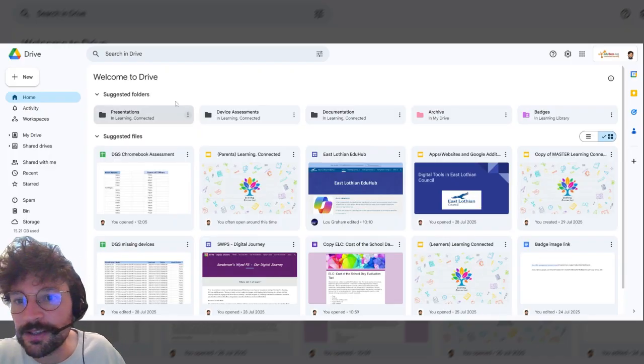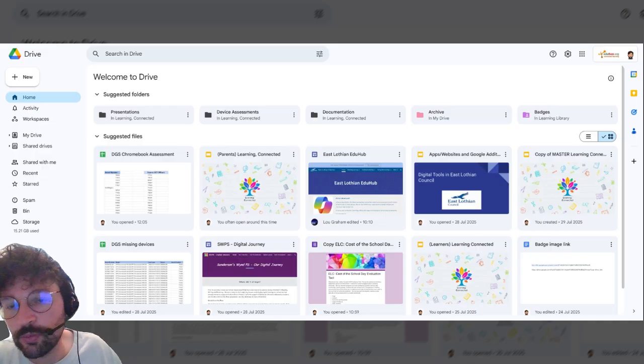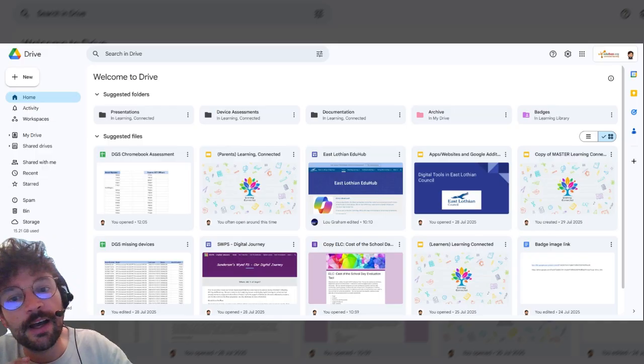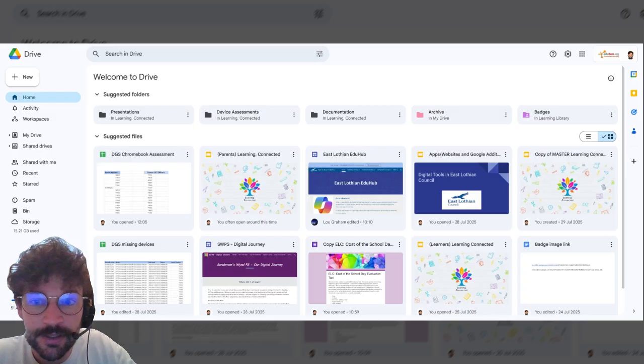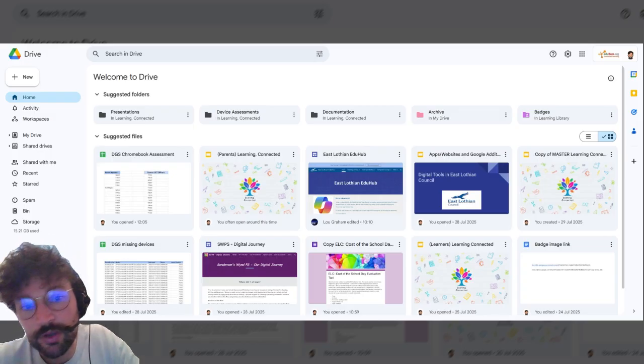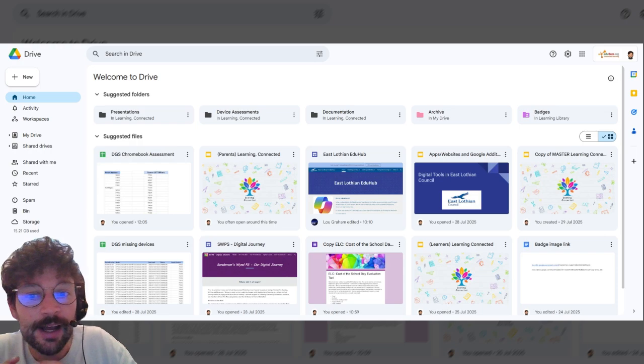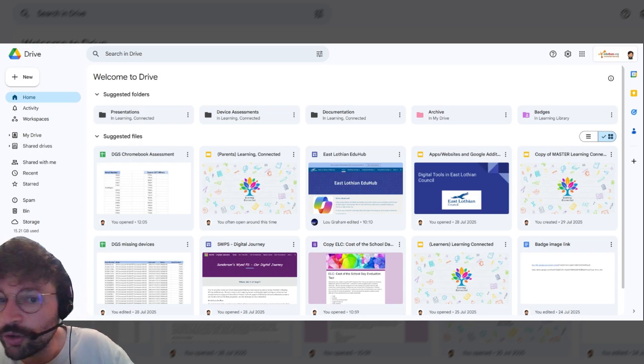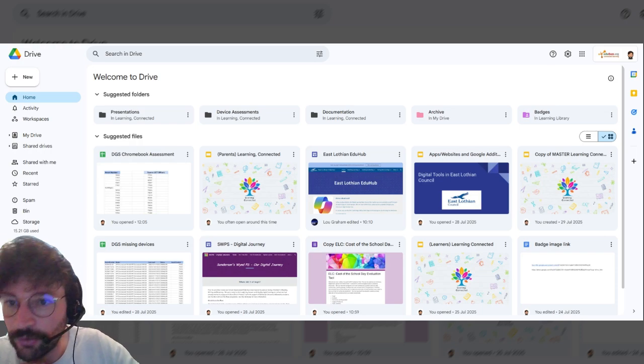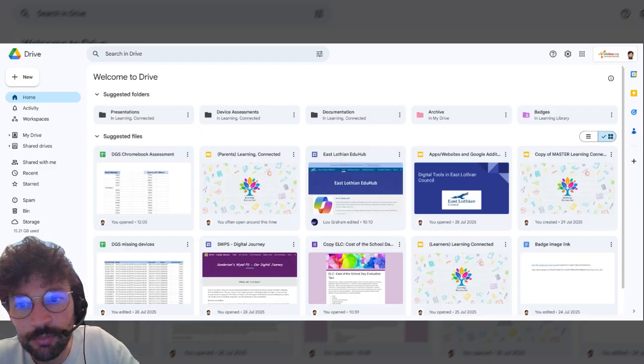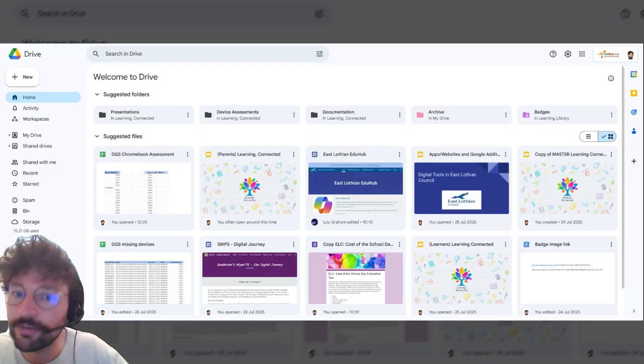Now, Google make this nice and easy by adding a search bar in here, which you can search for file names. Now, that seems really straightforward and simple. That's assuming that you know what you've named the file. If you're anything like me, that might be problematic to try and remember what you named the file more than